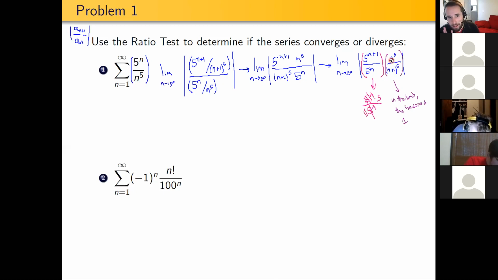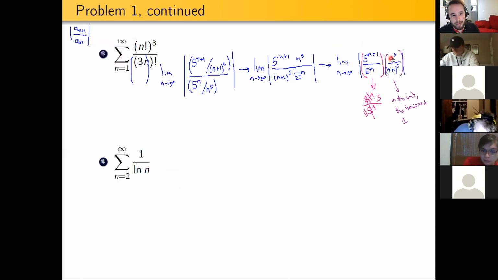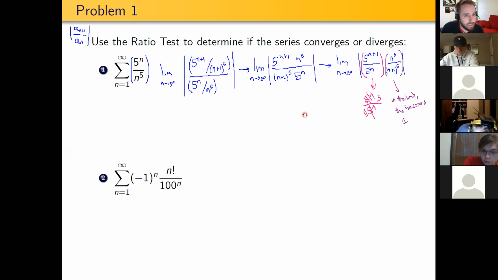If we're not comfortable with that sort of high-level analysis, we can also apply L'Hopital's rule. So as n goes to infinity, n to the fifth divided by n plus 1 to the fifth looks like an infinity over infinity. And after we apply L'Hopital's rule, and secretly in this case we would have to apply it 5 times, each of these polynomials will get whittled down to end up becoming a 5 factorial over 5 factorial. Yes, each of these would become whittled down over several iterations of L'Hopital's rule, but in the end we would still see that the limit is equal to